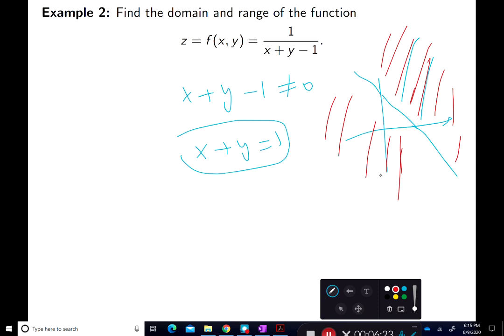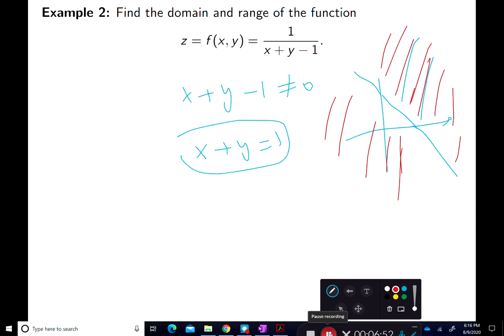Now, how do I find the range of this function? The range of the function is, again, because the denominator can be as low as you want, non-zero, it could be pretty much anything except for 0. And the range is the same as the range of the function 1 over x, which is negative infinity to 0 and 0